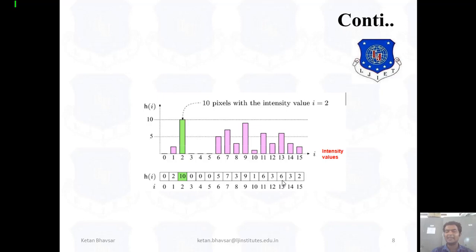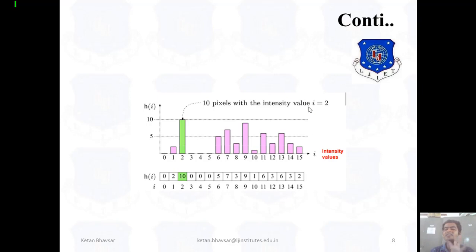So now in terms of the mathematical way, how the graph looks like: as you can see, the maximum value of amplitude at pixel number 2 is 10, and 9 has a 9 value, 10 has a 1 value. So these all represent the intensity values of the particular pixels, and this is a range from 0 to 15. So 10 pixels with the intensity value I equal to 2. So we can identify the maximum intensity value at particular pixel 2 for applying different types of methods and processing.